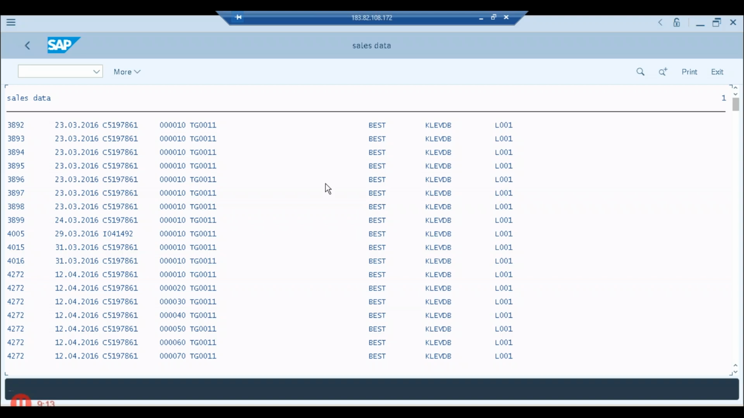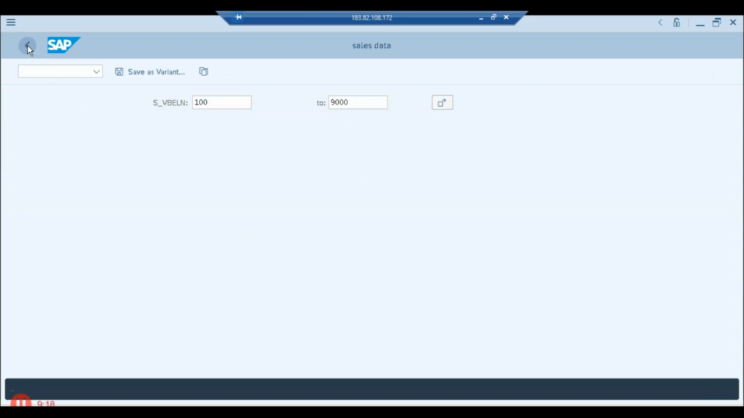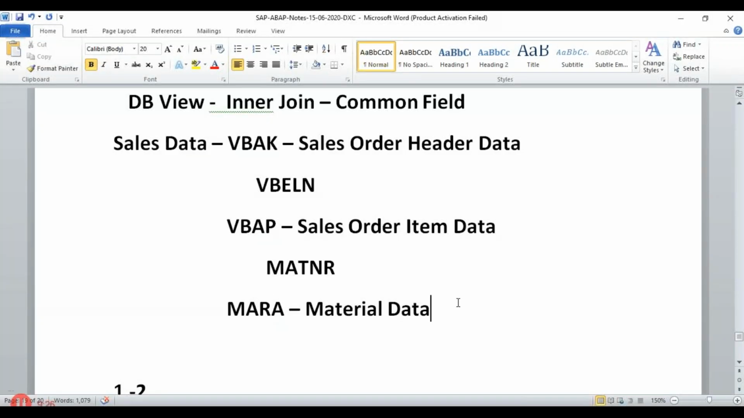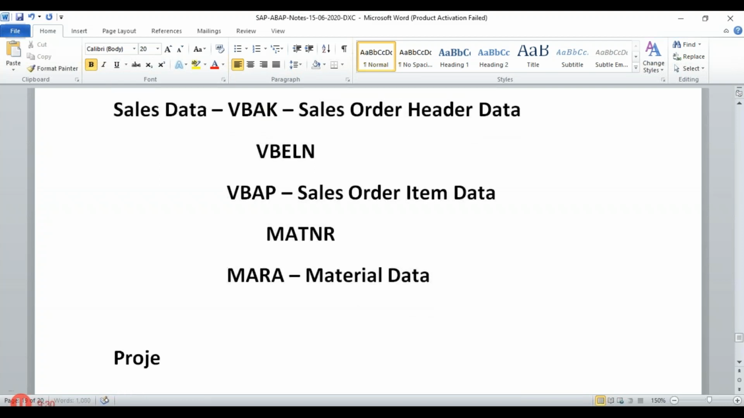Now let's go ahead with the projection view. What exactly is a projection view and how it will be used is what we'll discuss about the projection view. So projection view, what exactly is a projection view is what we'll discuss. Projection view is something which is a subset of an existing